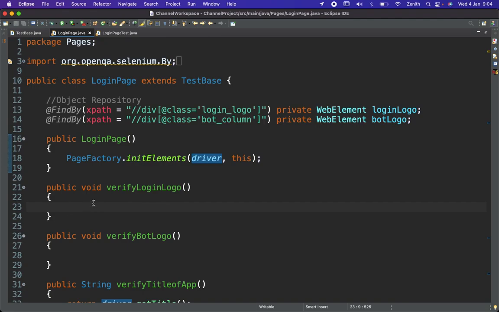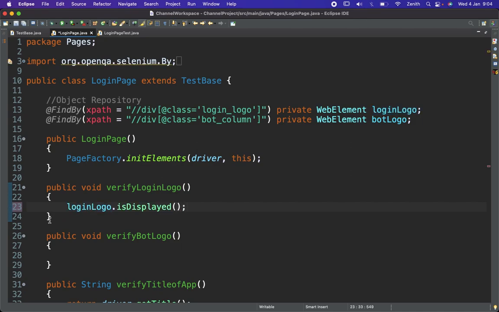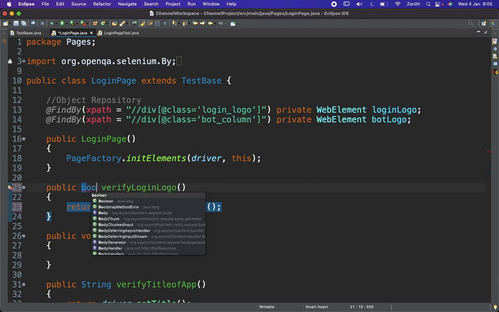Now we'll try to verify the login logo. For that we have created the method over here. So here we'll write login logo dot isDisplayed, the method which is going to tell us whether the particular logo is available on the web application or not. So we are using the code like this, and we will return this as we normally did in the previous examples or test cases. Now this is going to return the boolean value, so we need to change void to boolean,